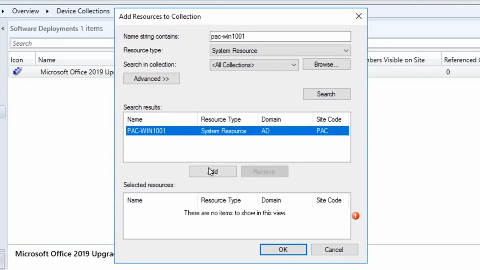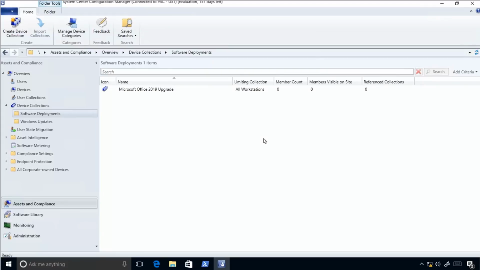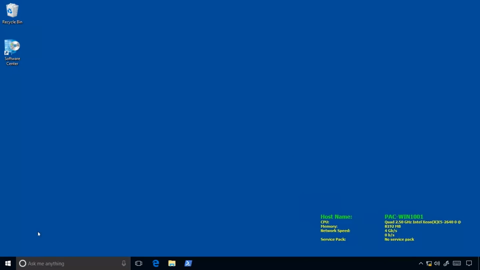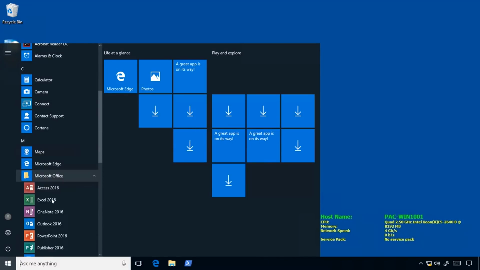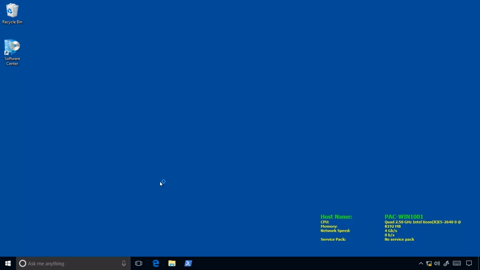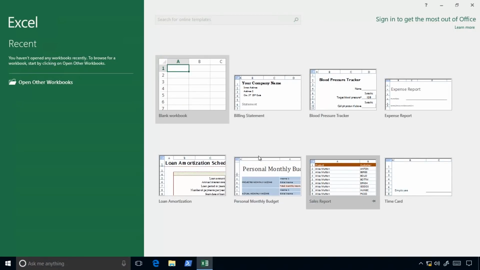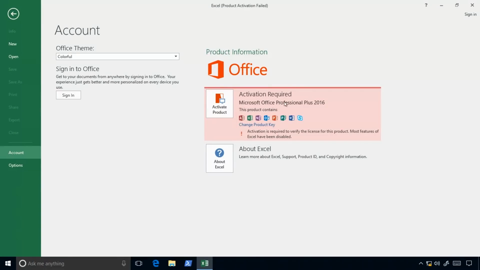Okay, we'll go ahead and add that and click OK. So now that our pack-win1001 is added to that group, it should be deployed to that machine. So here on our win1001 machine, we'll go into the Office folder. And just to make sure we are running Office 2016, I'll open up Excel. We can click on the Open Other Workbooks account, and we should see right there that Office 2016 Professional Plus